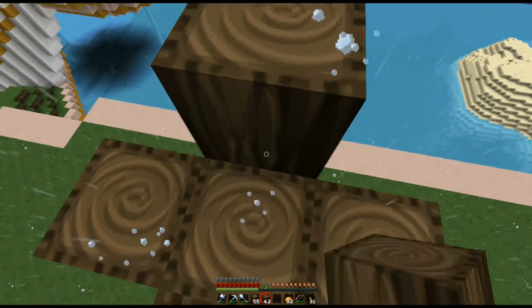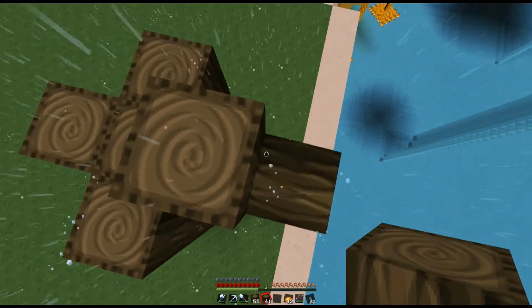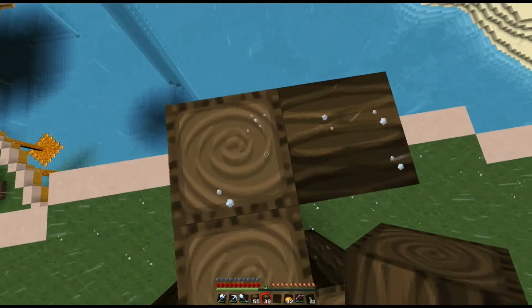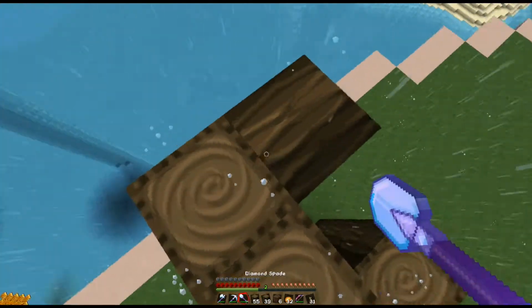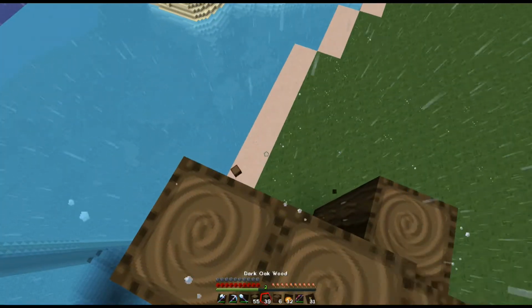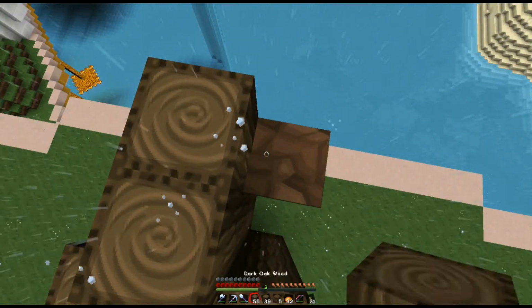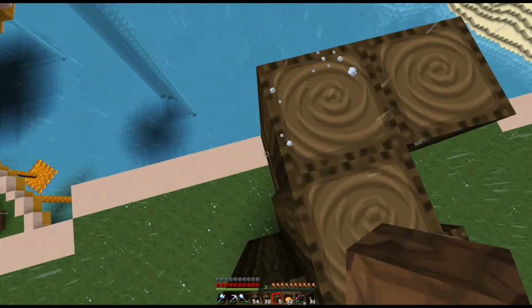Every so often they're going to stagger out, which is going to be a pain because I'm going to have to go down and chop that odd one off. Oh dear. Have I got any dirt? Oh, I've got dirt. Well, I can do that, I suppose. Okay. These are a lot easier to build in creative. Okay. And on that side,